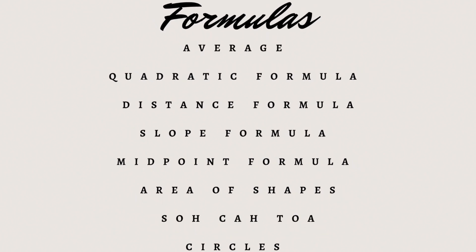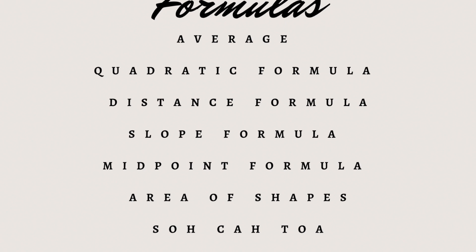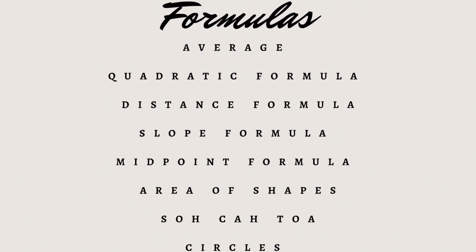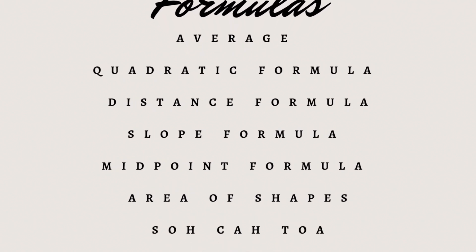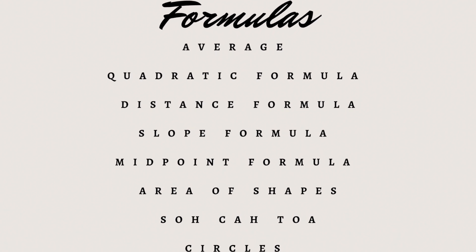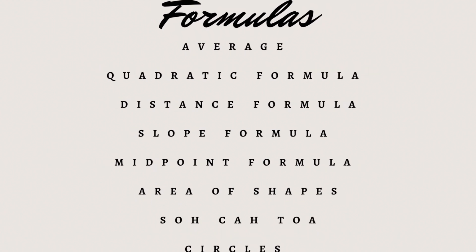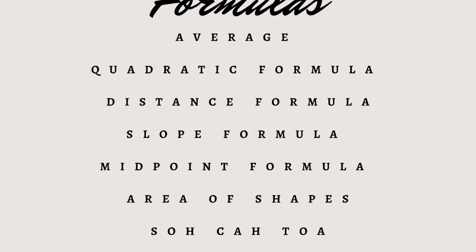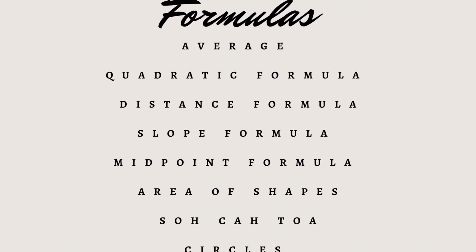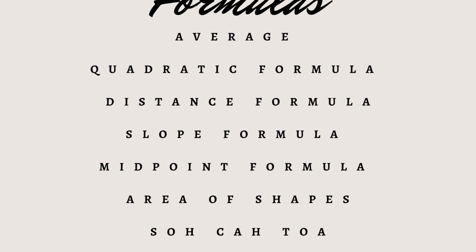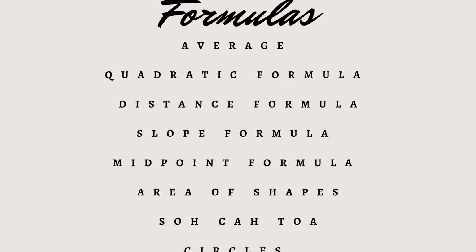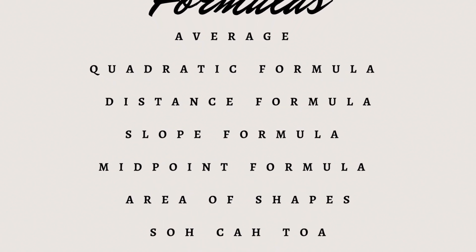Distance formula: d equals the square root of (x2 minus x1) squared plus (y2 minus y1) squared. Slope formula: y2 minus y1 over x2 minus x1. Slope-intercept form: y equals mx plus b. The midpoint formula: x1 plus x2 over 2 for the x-coordinate, y1 plus y2 over 2 being